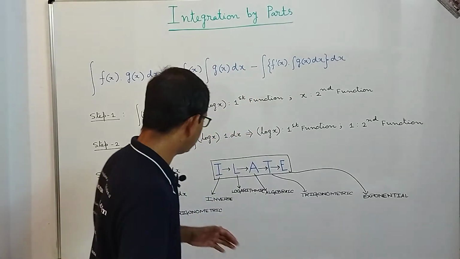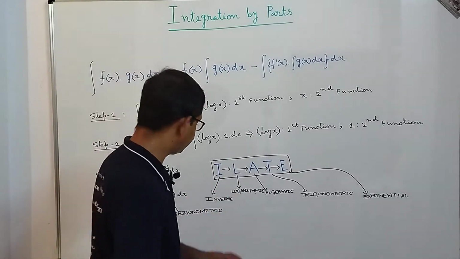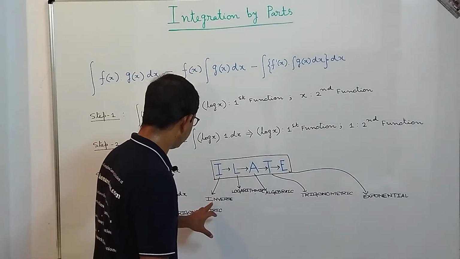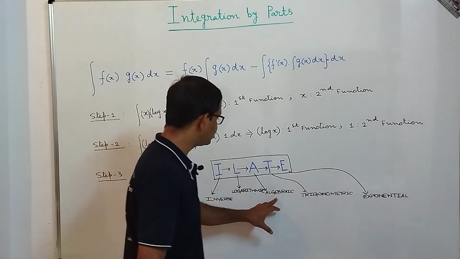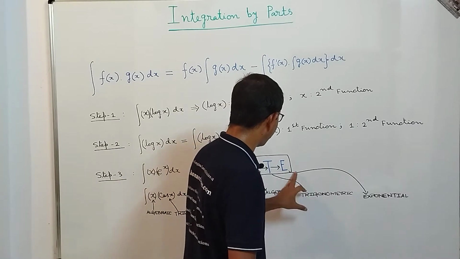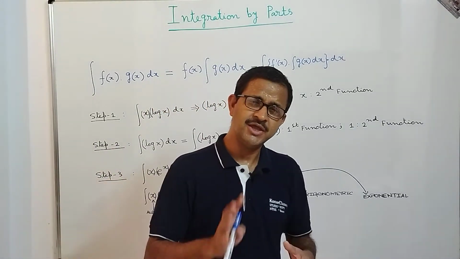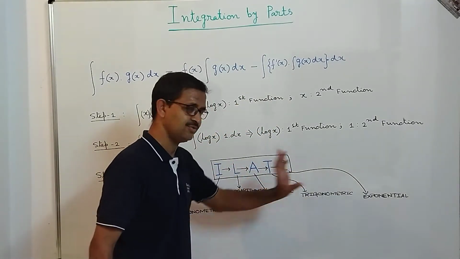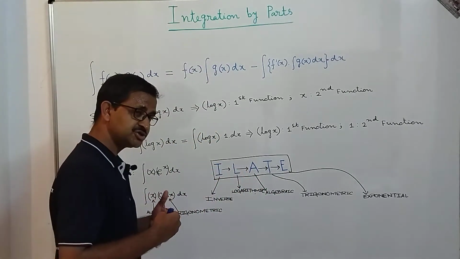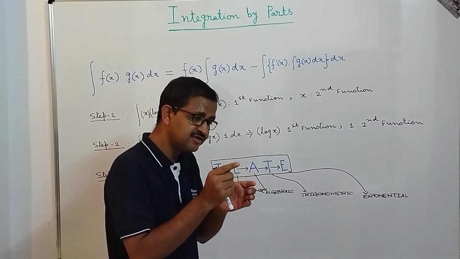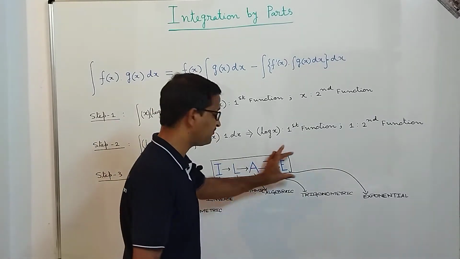Then we should follow the rule which is called the ILATE rule, and I described the details about this rule in my previous session, but here is the summary. I stands for inverse trigonometric function, L stands for logarithmic function, A stands for algebraic function, T stands for trigonometric functions, and E stands for exponential function. Whatever integration is given to you, you will find that the functions fall into these categories. If two functions are given, between these two functions you should select which one comes to the left of the other, as far as the categories of the functions are concerned.